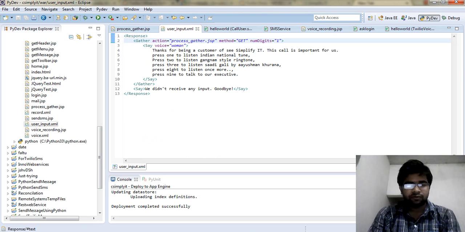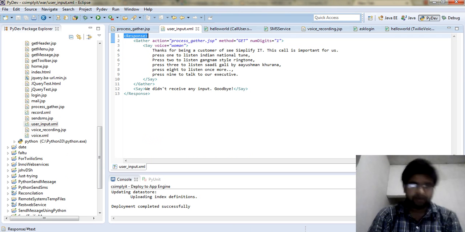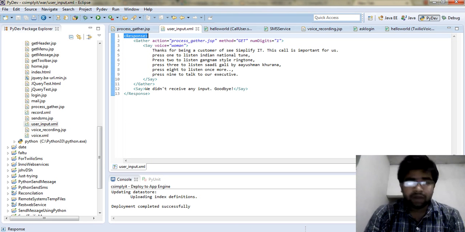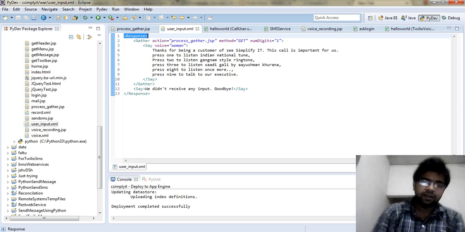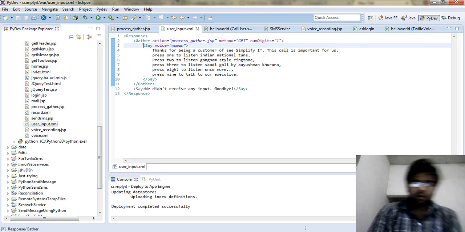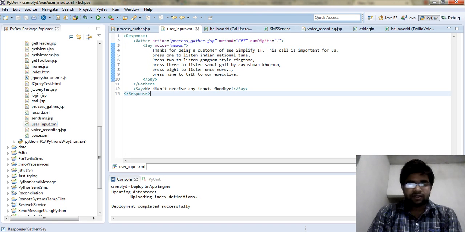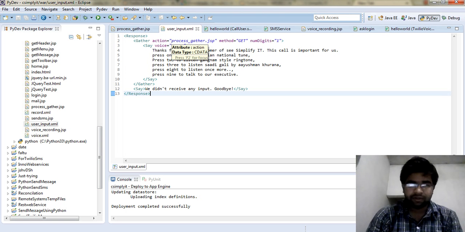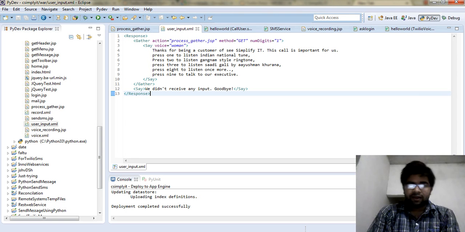There is a parent verb, response, and it is just a Twilio markup language where the one parent verb is response. After that there is a gather, then say. Inside the actions you can put what to do after the key is pressed. So there will be an action method on gather, and you can learn more about this in detail too.